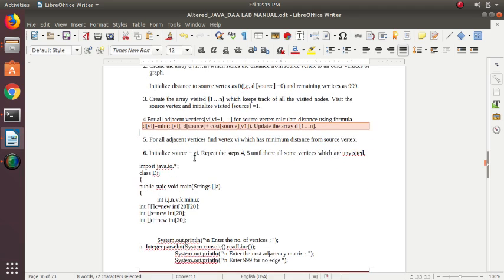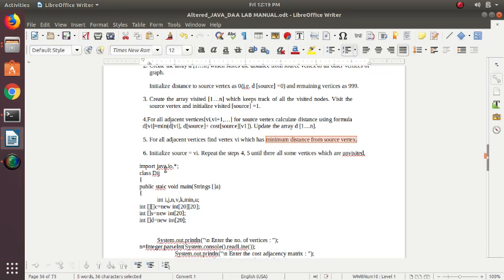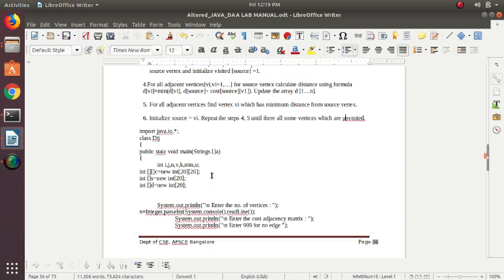And for all the adjacent vertices, find the vertex vi which has minimum distance. Here we should calculate the minimum distance. And the sixth step is to repeat steps 4 and 5 until all vertices are visited. We should initialize this for all other vertices which are unvisited.